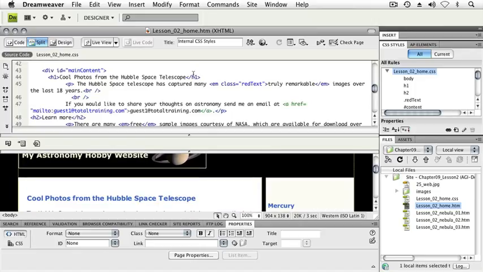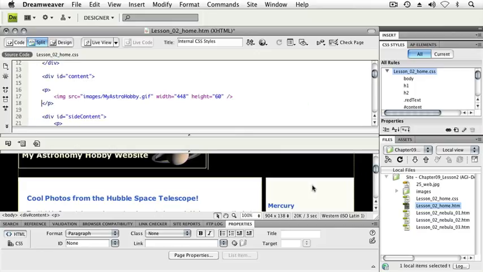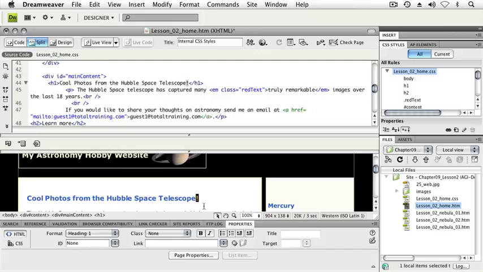As we modify the contents of the code view, those changes will be reflected in the design view. So if I were to add an exclamation point after the word telescope in my main page heading, and if I were to come down and click inside the design view so that the design view refreshes, that exclamation point appears. Likewise, if I wanted to edit within the design view and I position my cursor after the exclamation point and on my keyboard hit the delete key, that exclamation point would go away